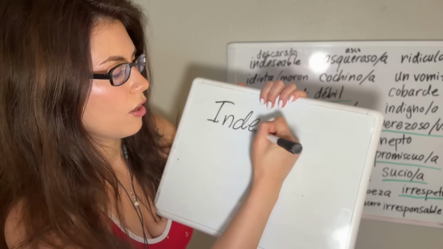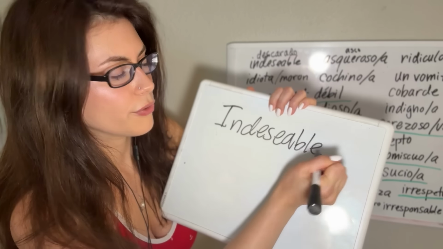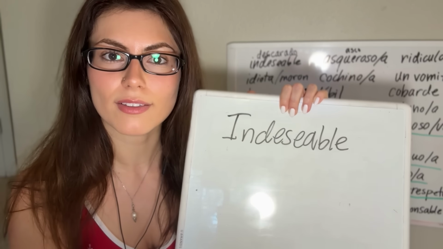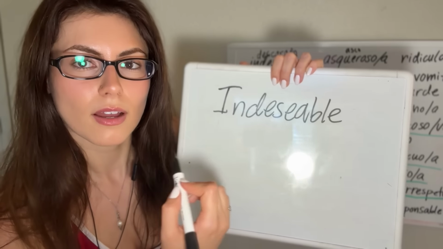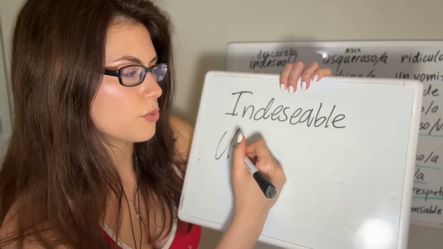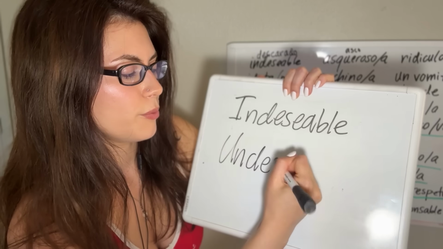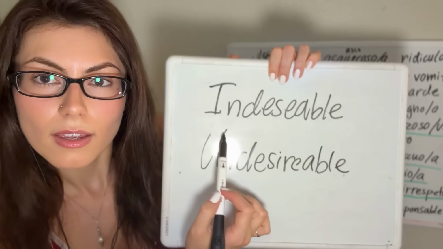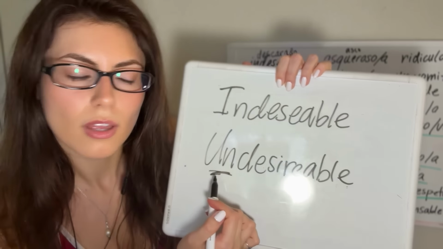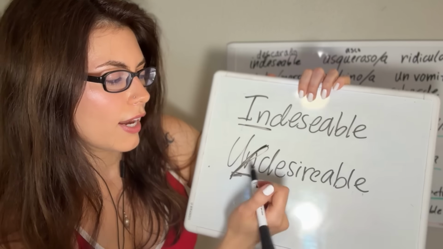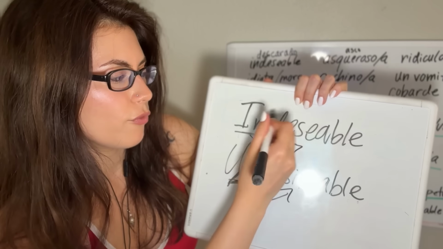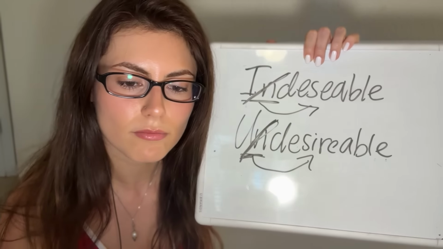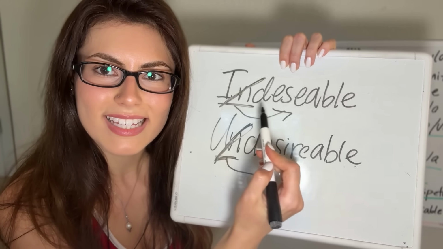Indeseable. And of course we will do a direct translation. I'll break down the words and we will create our sentences, and then we will break down the sentences. So this word is a direct translation of this one in English: undesirable. Like in the English word, this prefix actually negates the rest of it. So if we were to eliminate the beginning part of the word, we would be left with the opposite meaning of the word: desirable, deseable.